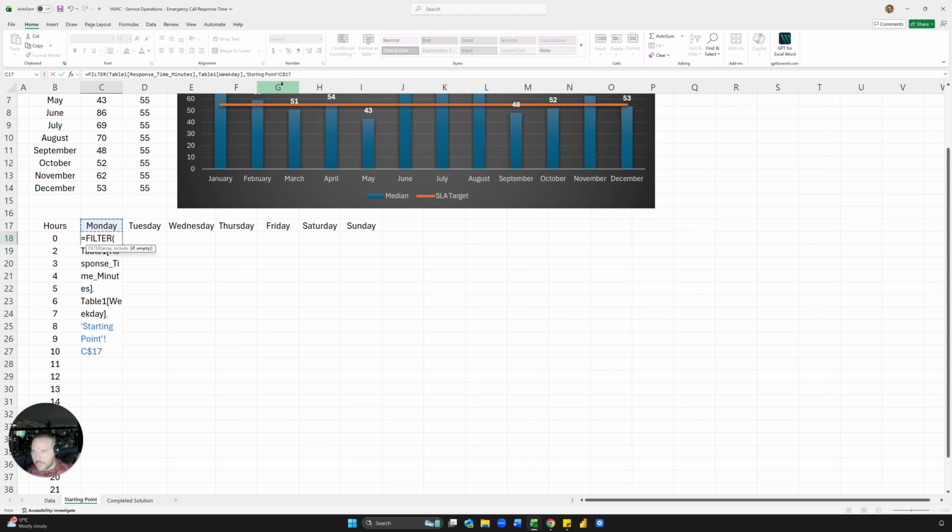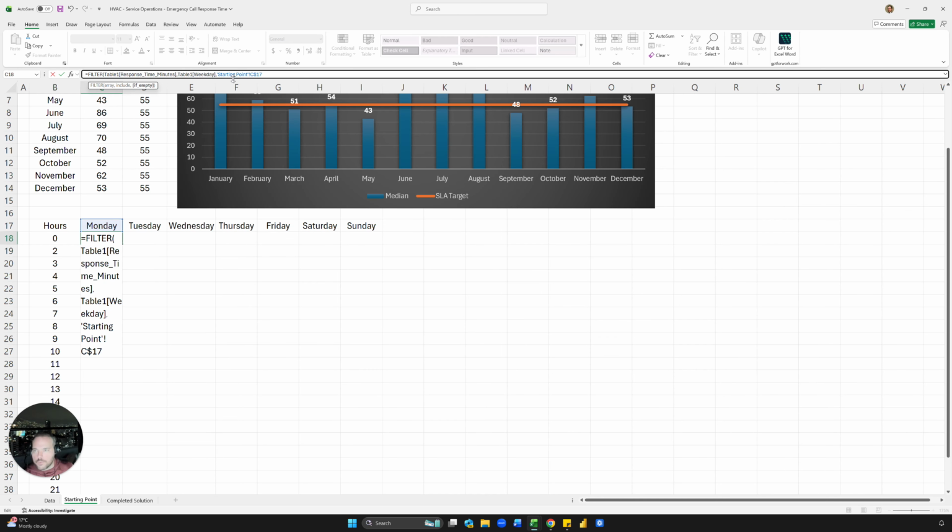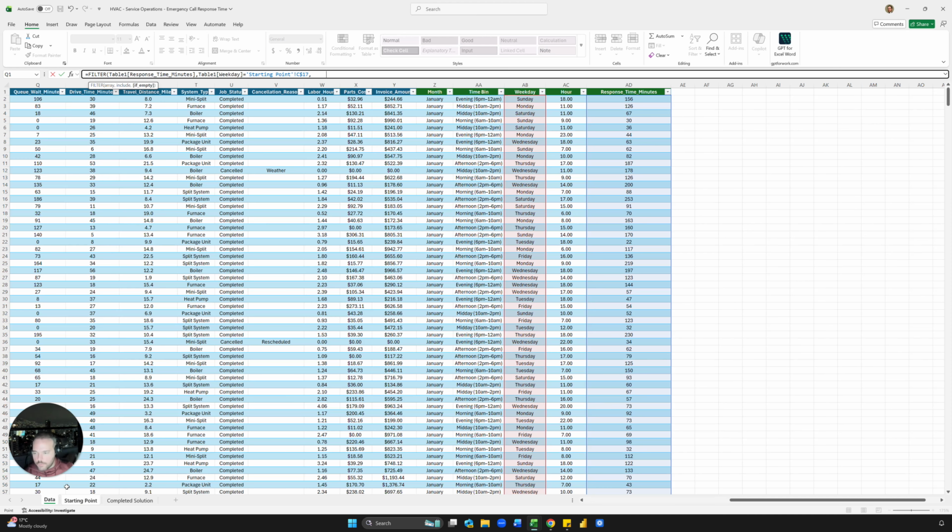I'm going to press F4 until the dollar sign is in the middle. That way we can drag it over, and Monday goes to Tuesday, goes to Wednesday. But if we drag it top to bottom, it doesn't go Monday to the median number and so on and so forth. But it's going to equal that, comma, then we want the hour here to equal this,